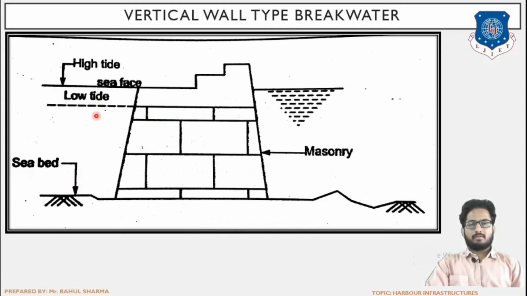The bricks have been laid and a sort of wall has been formed. The wave and wind impart force on this face, and the breakwater is supposed to reduce this force. The reason is that when the force is reduced on this circumference, the water will remain calm